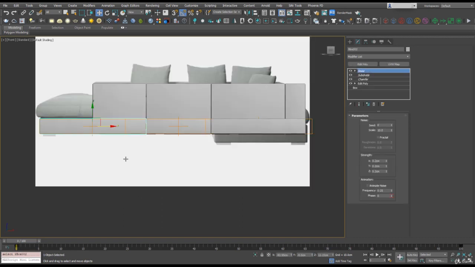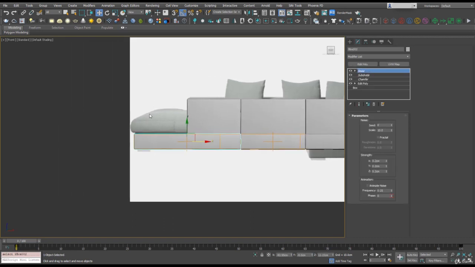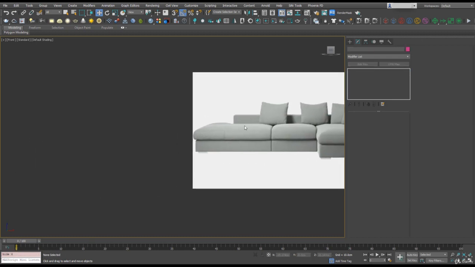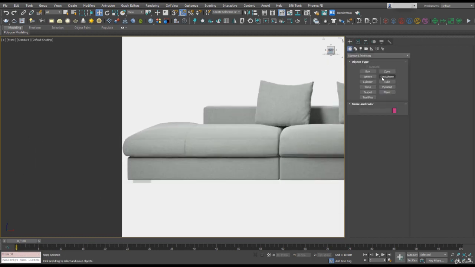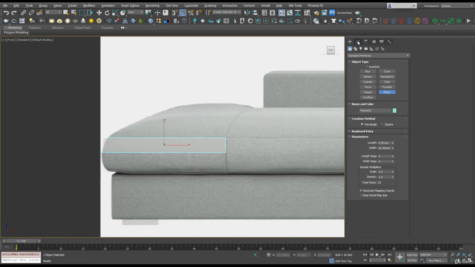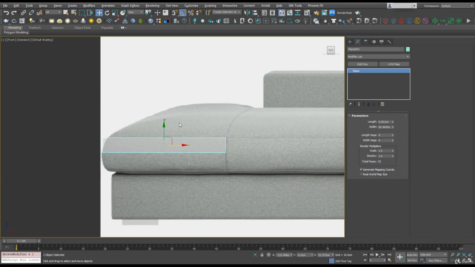Okay, so to create the pillows, I'm just going to hide all of this, and I'm going to create a plane, and I'm just going to click and drag and draw it roughly around our pillow. I'm going to hit Alt X to make it X array, and I'm just going to press F4 to show edges, and I'm going to change both of these to 1